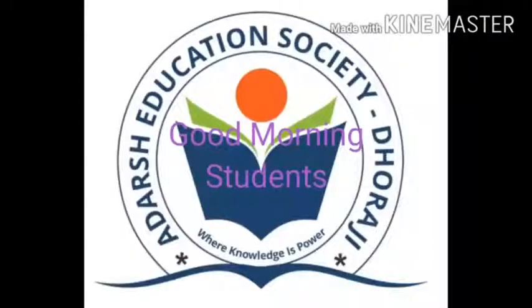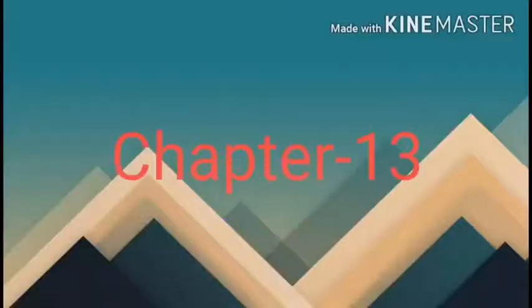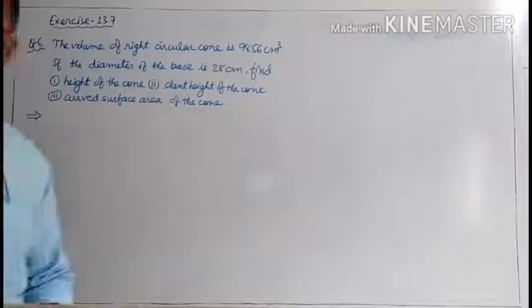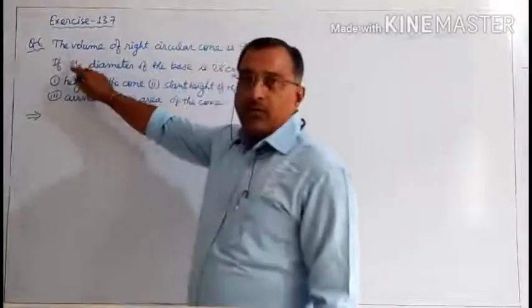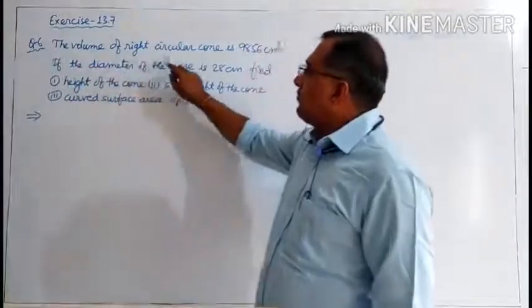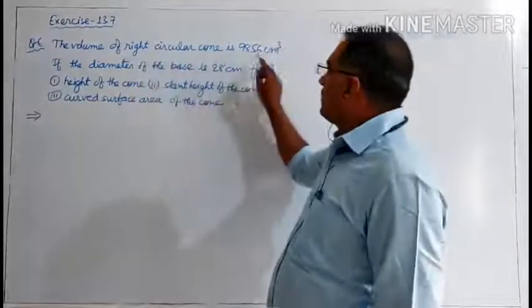Good morning, students. Standard 9th, Maths, Chapter 13. Today we are going to learn surface area and volume. Today, in exercise 13.7, we are going to talk about question number 6. The volume of right circular cone. Volume of right circular cone is given